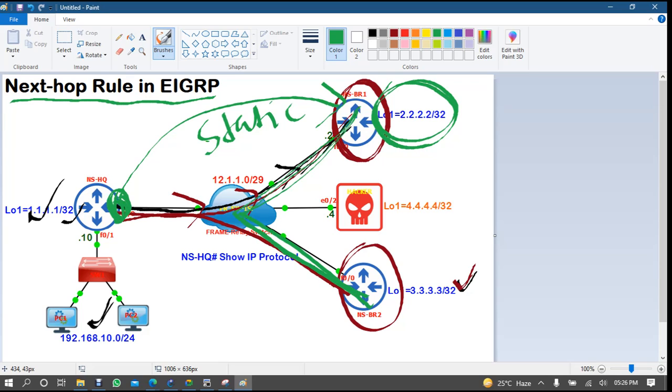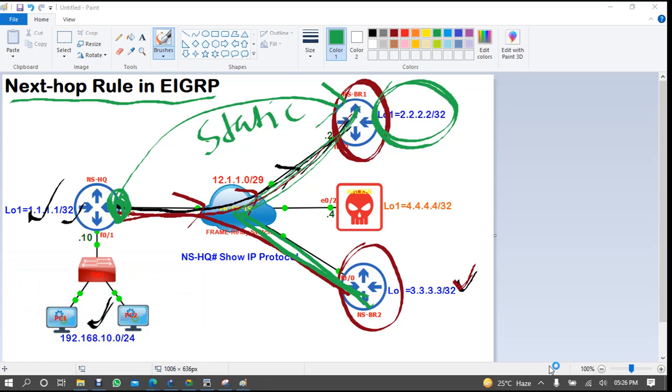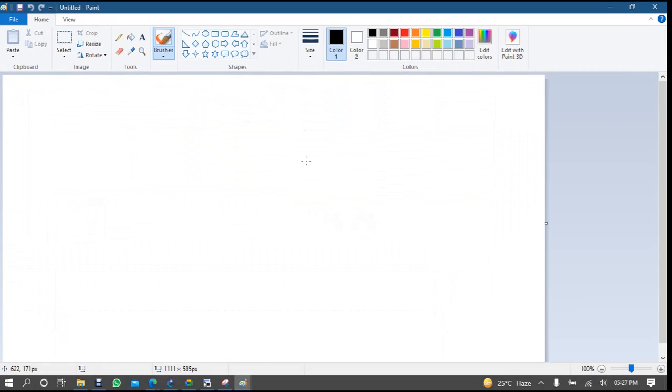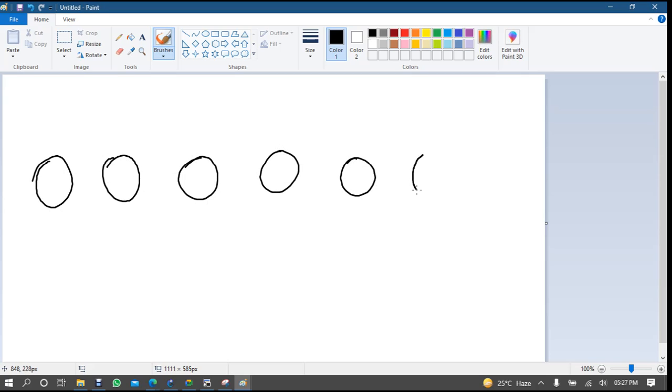So whenever any update, normally in routing, it is like that. Let me show you here in MS Paint. Suppose I have some routers here, router 1, router 2, router 3, router 4, router 5, and router 6, and they are all connected like this, right?